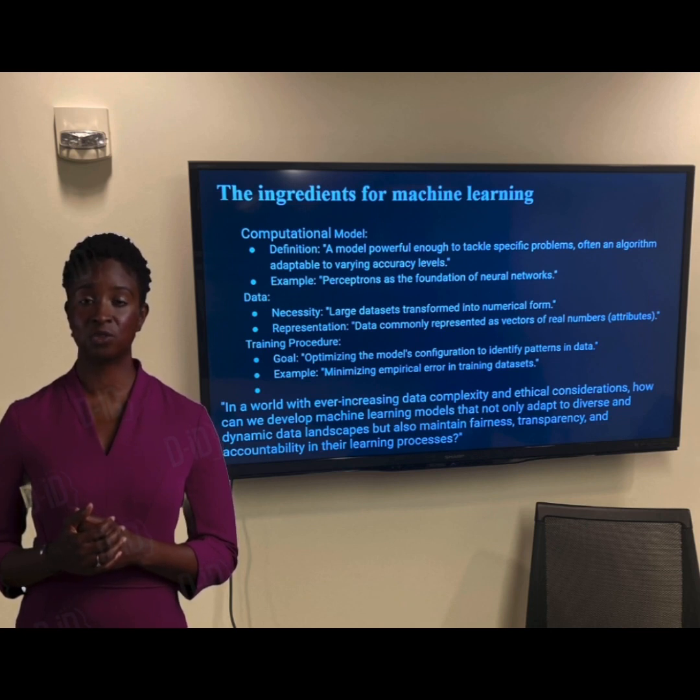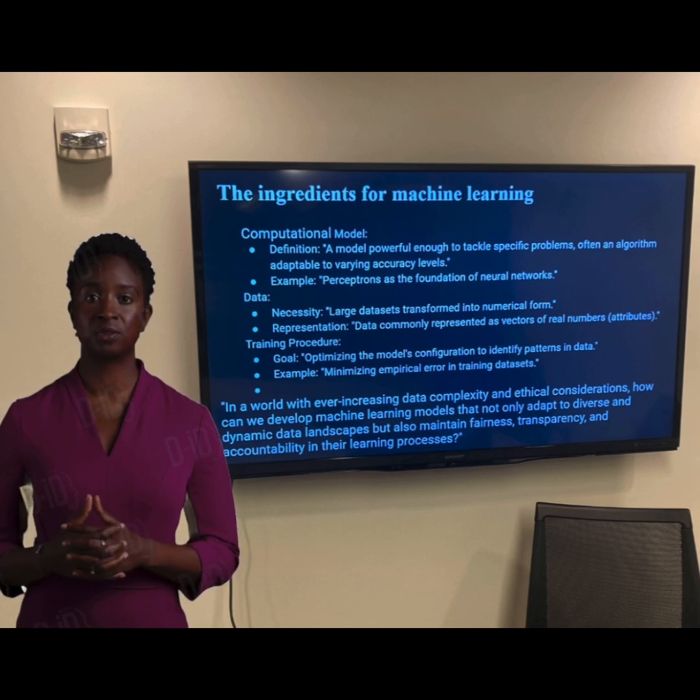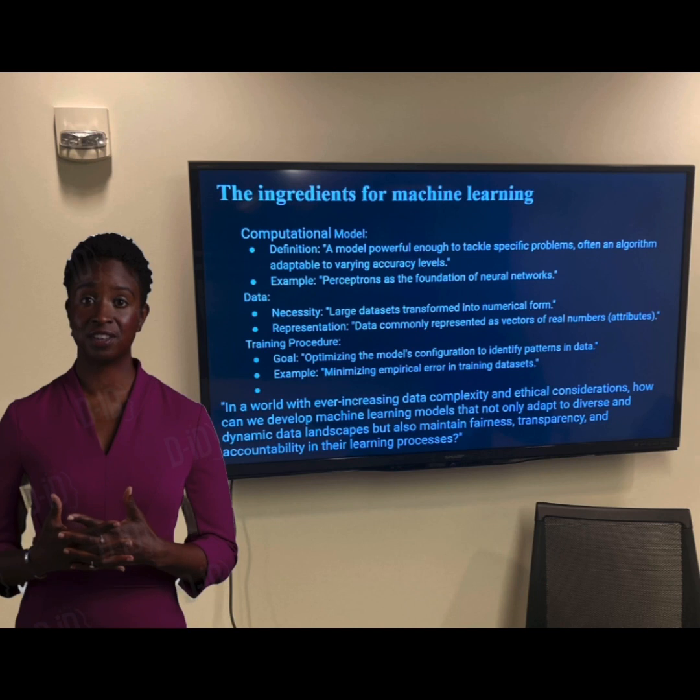Finally, we need a training procedure to configure models by identifying key data patterns, rather than manually programming analytic rules. We formalize this as an optimization process, seeking parameters that minimize a loss function, quantifying prediction error on training examples. Stochastic gradient descent offers perhaps the most popular approach, iteratively descending toward valleys of lower error.